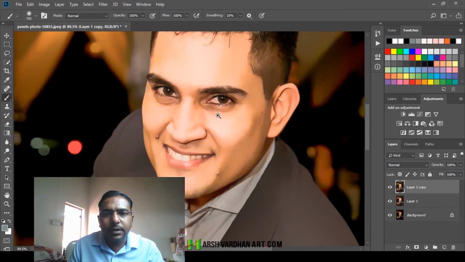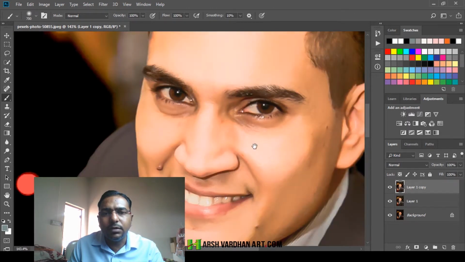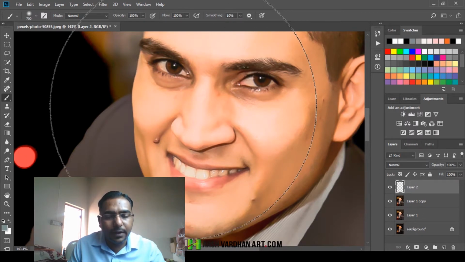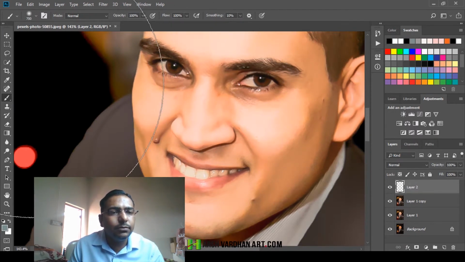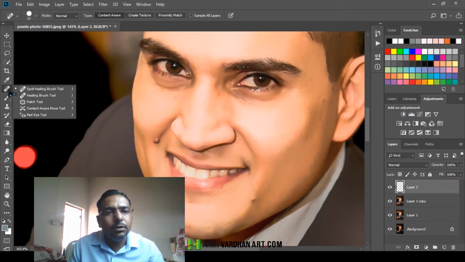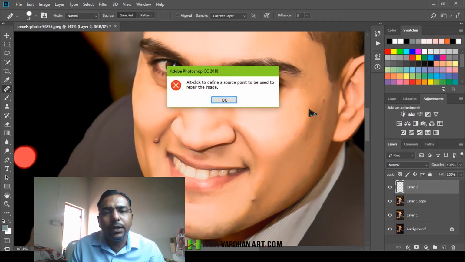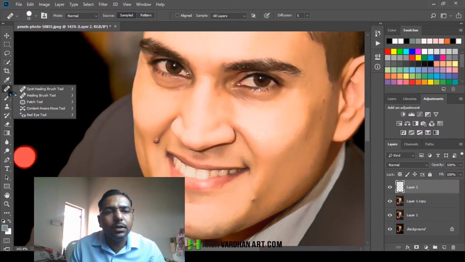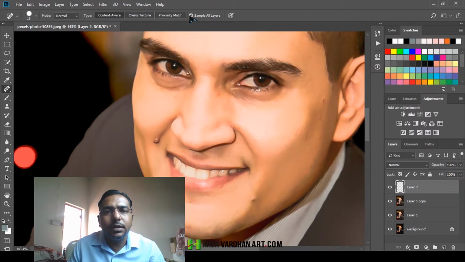So now let's work a little bit more on this image. We'll create a new blank layer, and we'll choose the stamp tool. So let me press J on my keyboard to have access to the spot healing or healing brush tool, and now I'll paint. First of all, I need to select the all layers option, and then select spot healing brush, and then select sample all layers, and then I just need to paint, and that's going to take away the